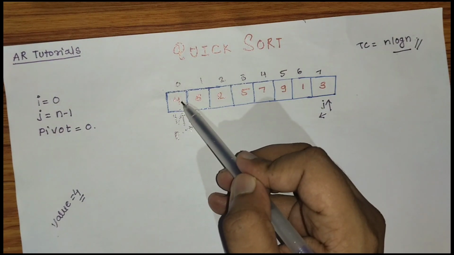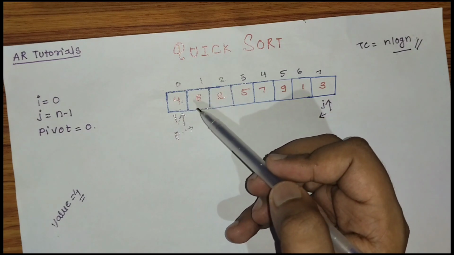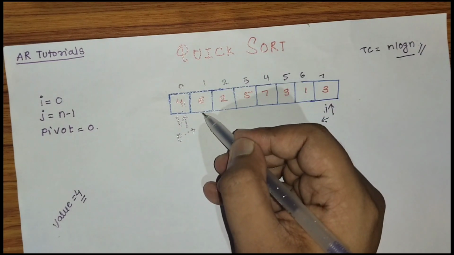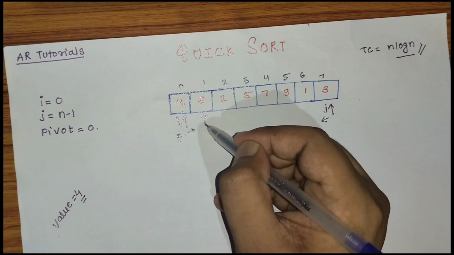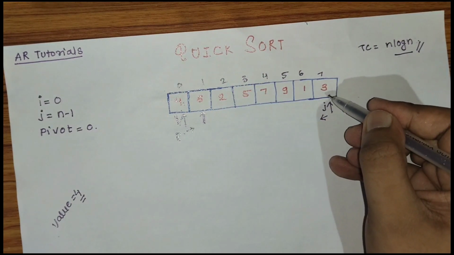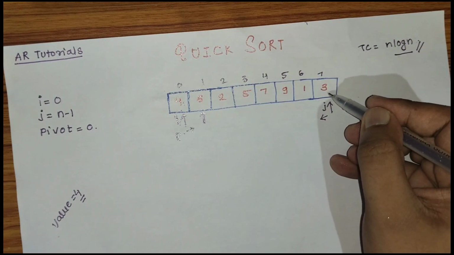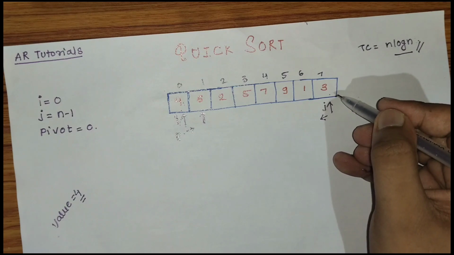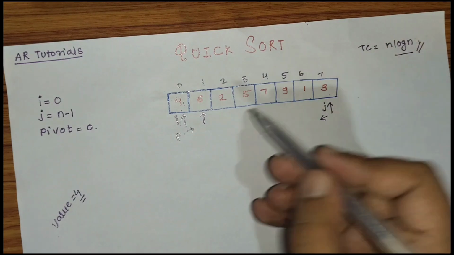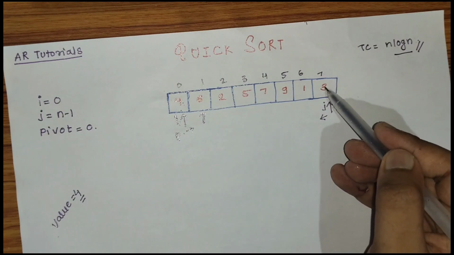So I here is 4. 4 and 4 are equal numbers. We don't want equal, we want a greater number, so we'll move it forward. Here I comes, and for J we have to find a value which is less. 3 is less than 4, yes, of course 3 is less. So we'll swap this I with the J.